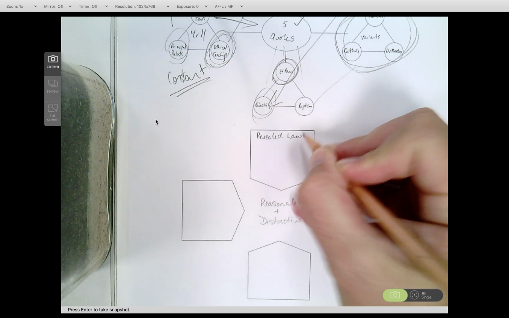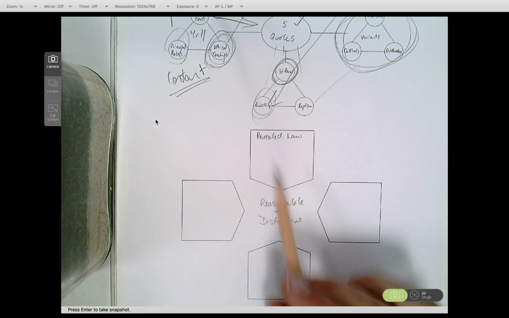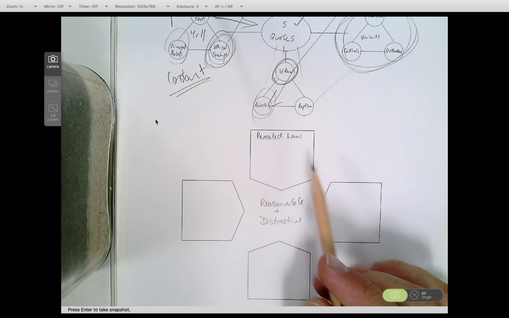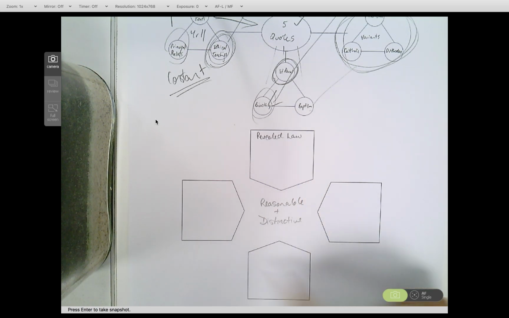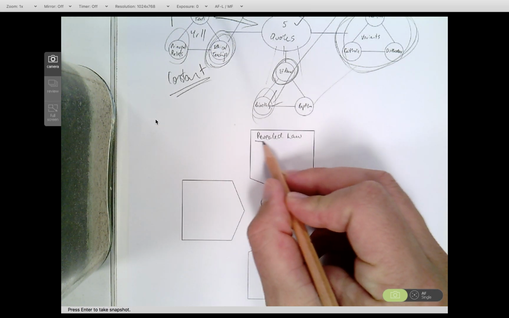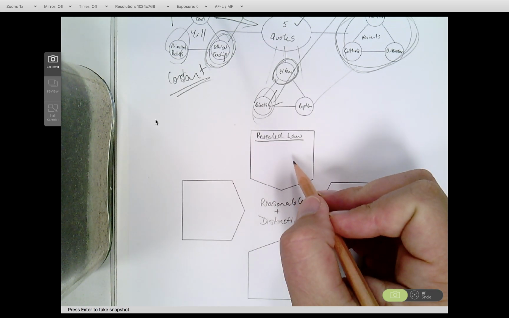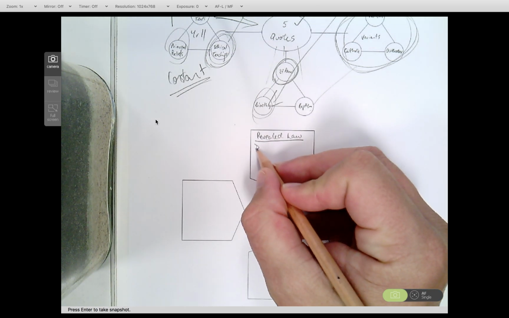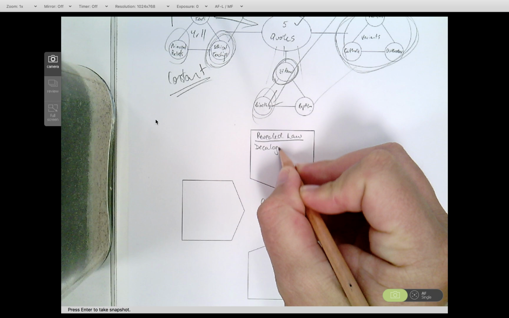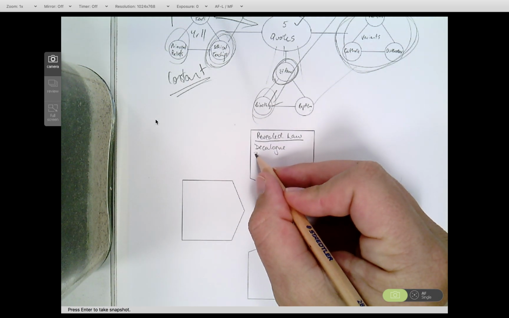Now, this doesn't mean that it's necessarily most important at the top or less important as we go around, or this one's the least important because it's at the bottom. It's just the process that most of them will go through. Okay, so first of all, the revealed law, the Decalogue and Beatitudes